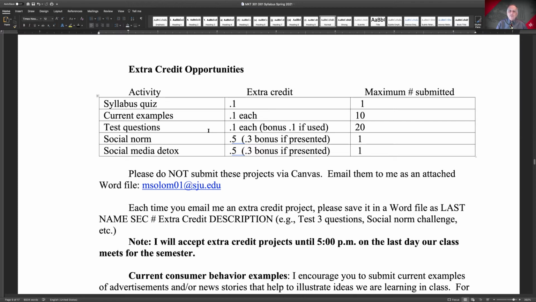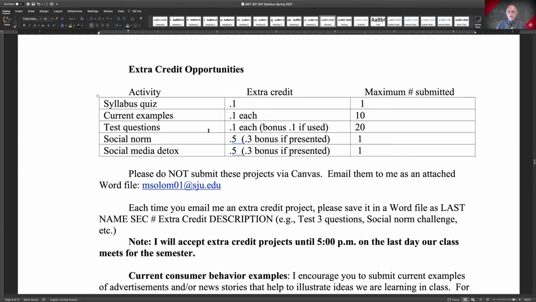The format has to be multiple choice, and it has to be on material that we cover in class, not in the book. I'll worry about the test questions that are in the book. Anything we discuss in class, examples that I talk about, anything else that may or may not be in the book, probably isn't in the book, is fair game. So the instructions are here to do that.